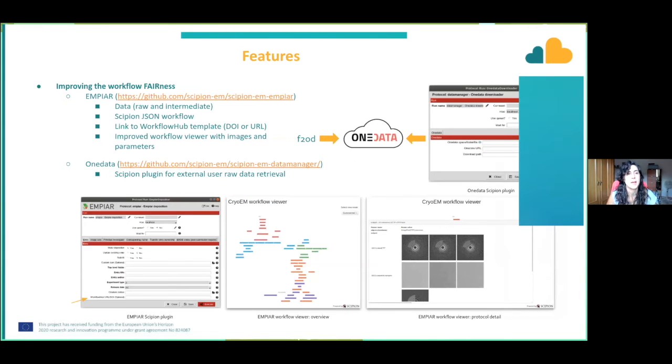Next slide, please. There is also the Empire Stipion plugin that, apart from allowing to the user to submit the raw and intermediate data and the Stipion JSON workflow, will allow to the user to provide the workflow hub link entry, and also